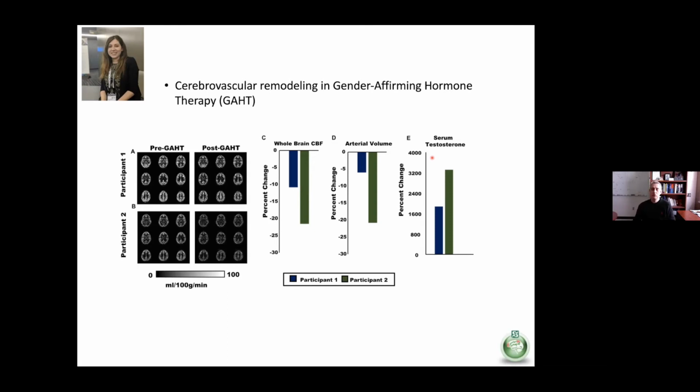And once again, what we're seeing here is a large increase in serum testosterone that is administered over a 6-month period, causes a slight reduction in blood flow, and it looks like the diameter of most blood vessels. So again, this concept that elevated hormones may put the brain in a low CBF, possibly vasoconstrictive environment.